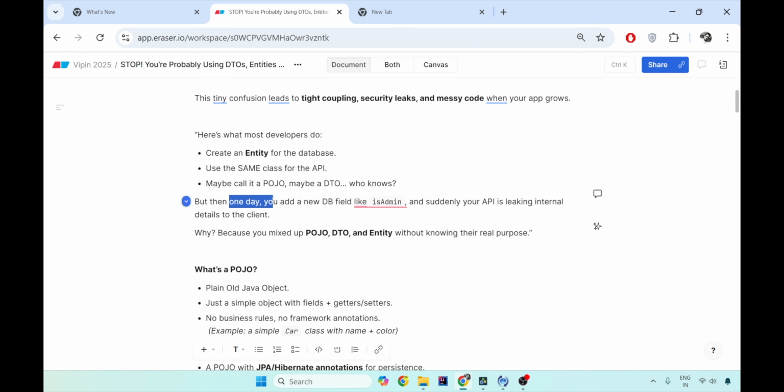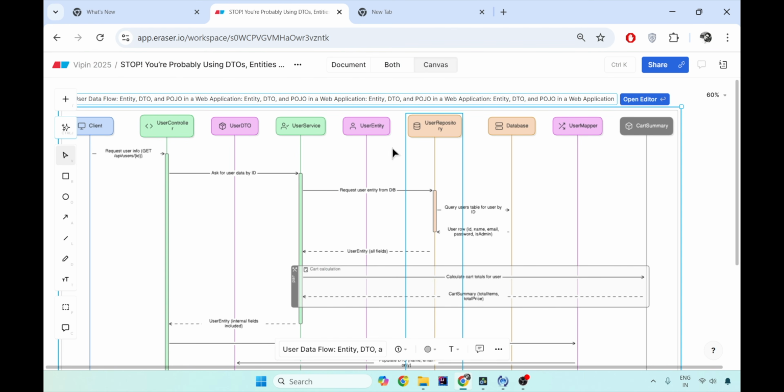Now, with the password and the hash password, it will easily get to know what your encryption technology is. Is this really good enough to share your internal backend information to the front end? The answer is no. So, when you use such an architecture where there is no user DTO or POJO, this is the POJO here. I'll tell you the difference between user DTO and POJO very soon.